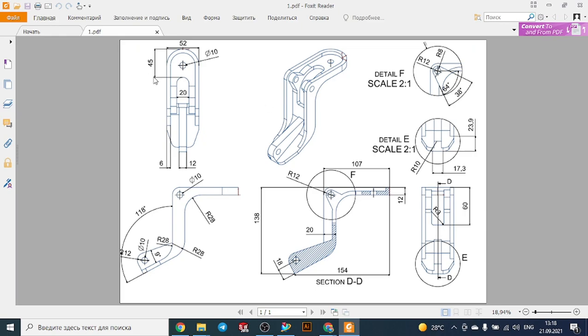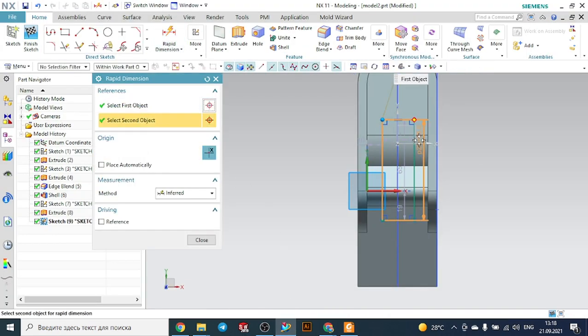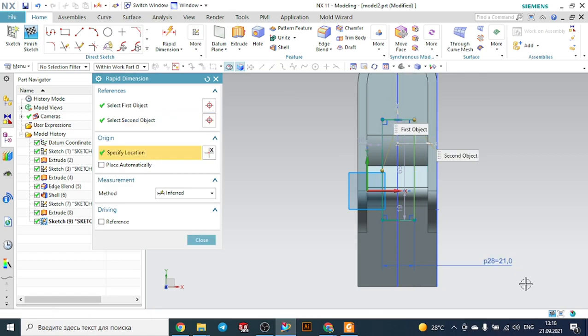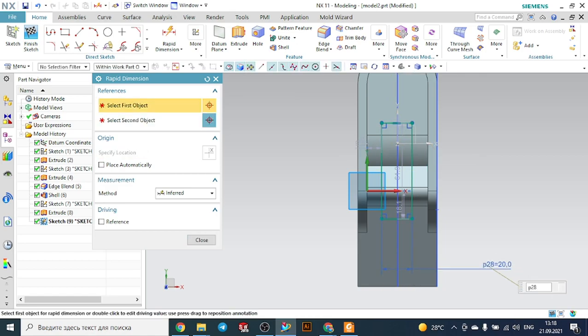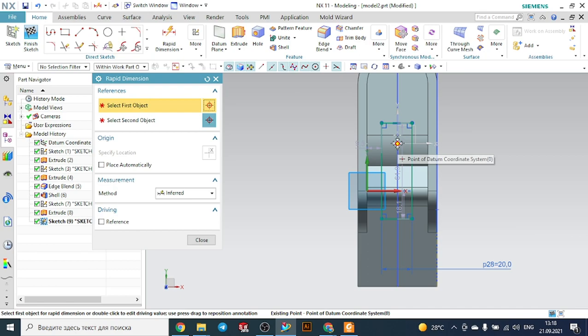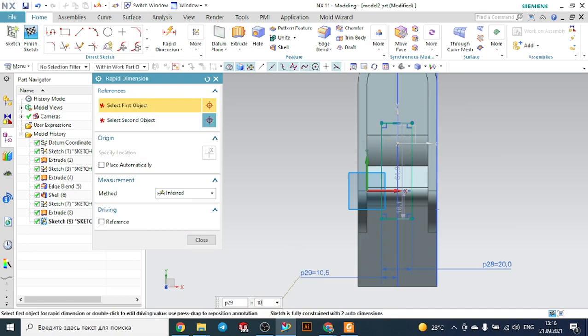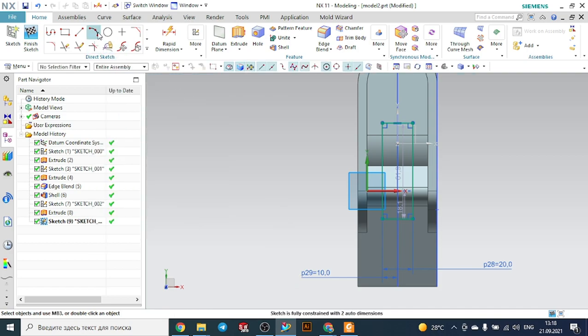Okay, here is the side is the 20. Let's define it. It's the 20, and the distance from the origin to this side is the 10,